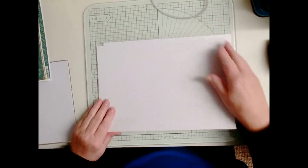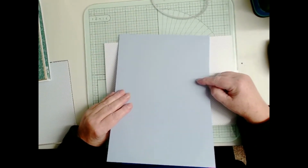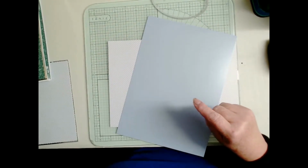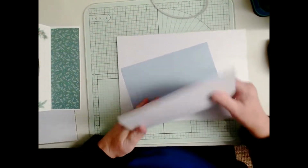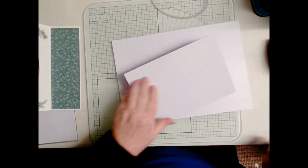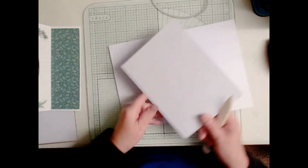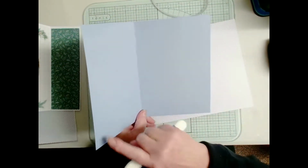So we're going to start. I have used a double-sided card. This is polka dot on one side and plain on the other. So the first thing I'm going to do is to fold it so that this plain image is inside the card, because I want you to be able to see inside to this bit. Okay, so it would be this bit that is inside. So I'm just going to fold that. If you put it on your scoreboard, then it's about 15 centimetres. So I'm going to give that a burnish down, and there is the start of our card with the blue inside. Now we're going to look at the other piece